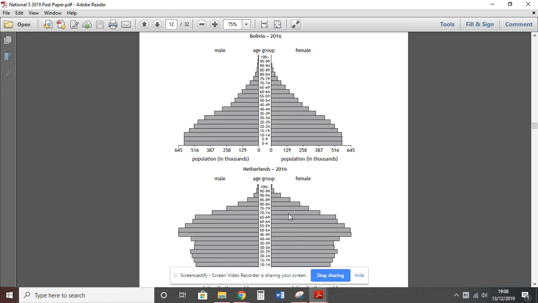The Netherlands has also probably got a pension system so people can retire in old age, whereas in Bolivia they don't, so they have to work for a long time. Many Bolivians will not be vaccinated against diseases when they're younger, and therefore they don't live as long, whereas in the Netherlands they probably are vaccinated. And the final reason is that we have care homes for the elderly to look after